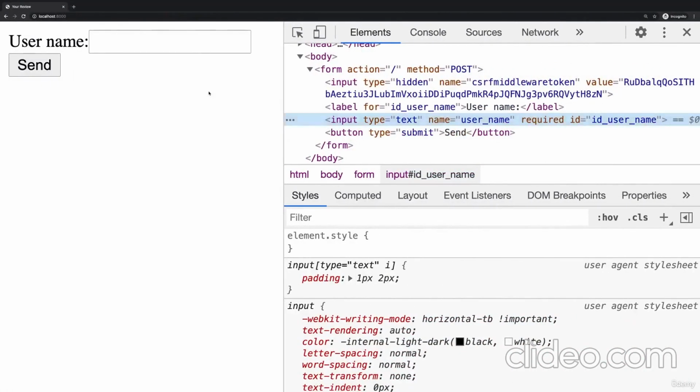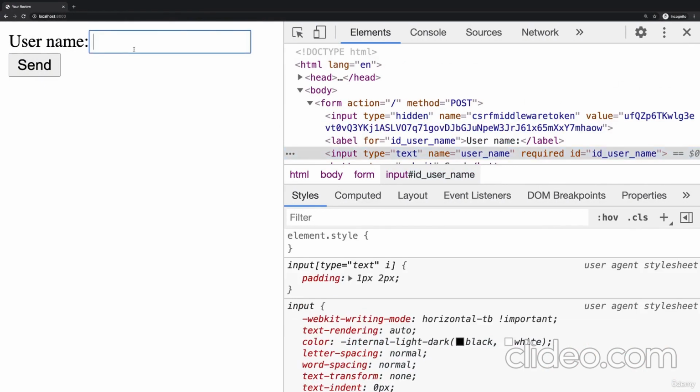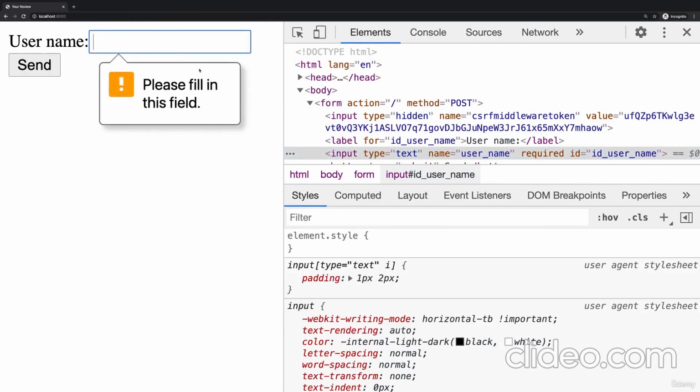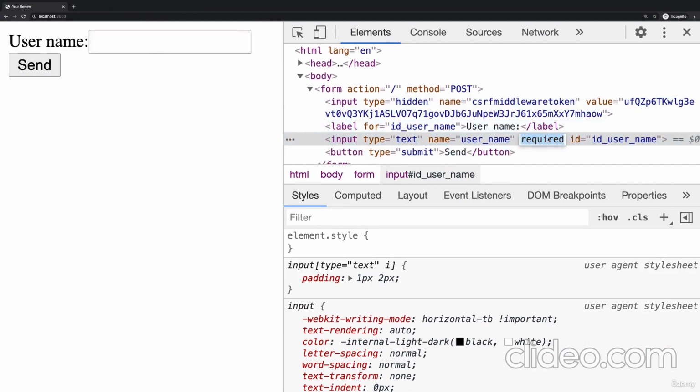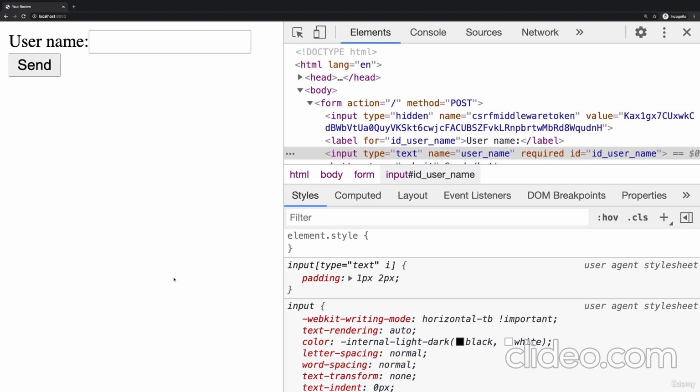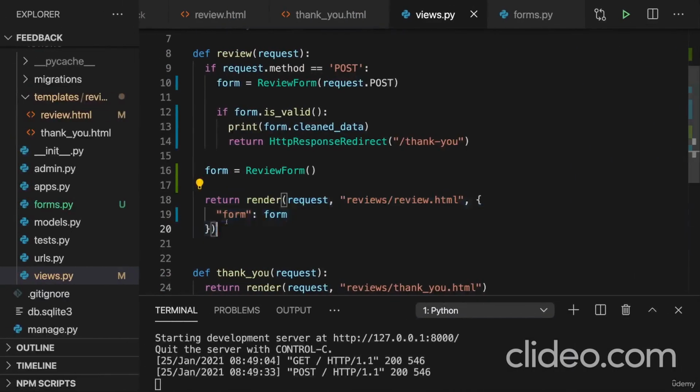If I save that, if I reload this page, if I enter nothing here, I now automatically get this error because of this required attribute, which tells the browser to already pre-validate our inputs. That's nice to have to avoid the invalid form being submitted, but you shouldn't rely on just that, because in the developer tools, I can, for example, delete required, as I did it here, and now I can submit the empty form. But then you see we again end up on this form page, because we do render that